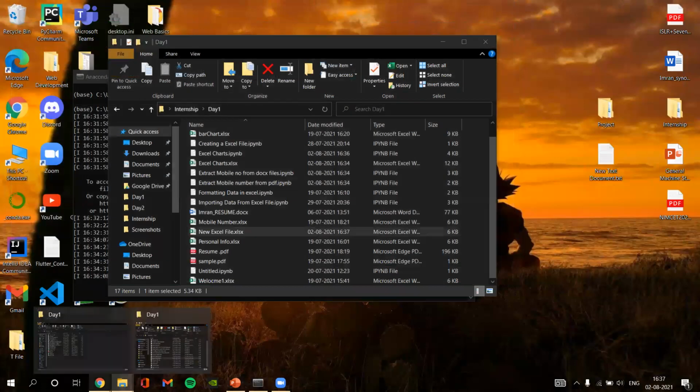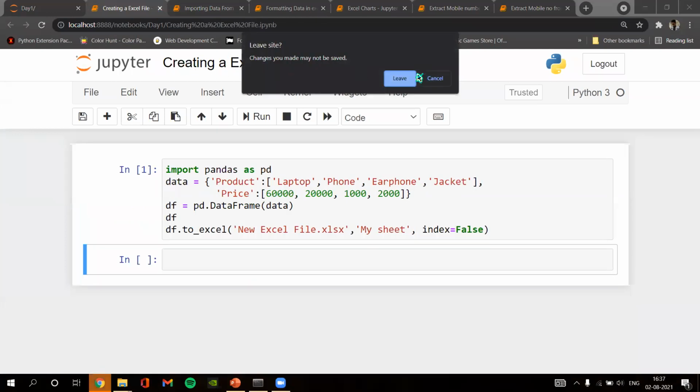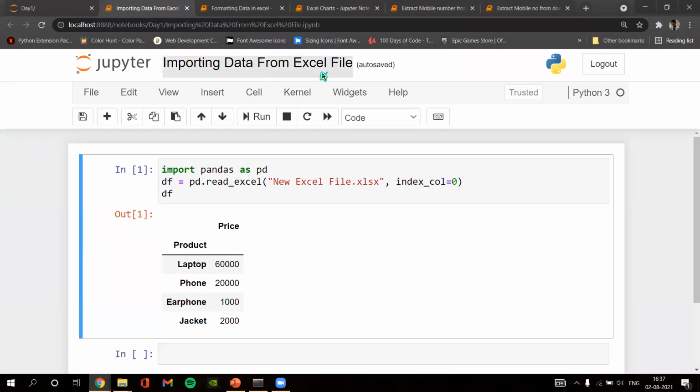And next, the second program. The second program is about importing data from the Excel file. Now you have an Excel file to import data from using Python. Then we can use import pandas as pd and using the data frame, pandas reads the Excel file using dot read Excel, passing the file name new Excel file dot xlx. This was a file that was previously created in a program. I'm importing it there, and these are the values in that Excel file.